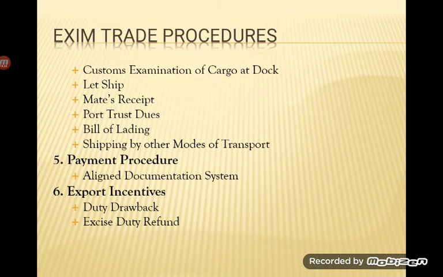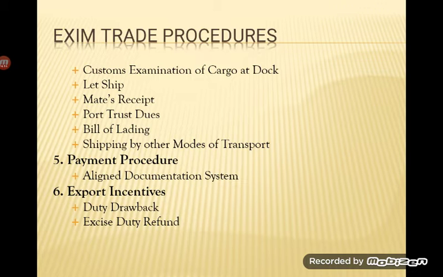So under this we do have some more important documents. Under that we have to discuss the let ship order. Once the customs clearance is obtained, they are going to give the receipt which is called the let ship order. So the let ship order is nothing but the receipt obtained by the exporter from the port authorities as a part of the customs clearance, and the slot for shipping the order from exporter to importer.